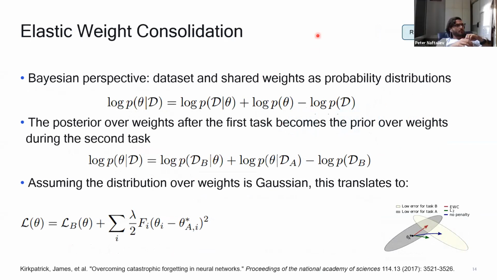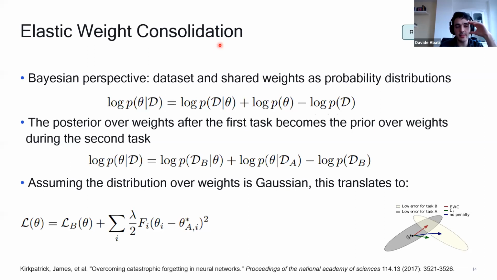All right, the third family is regularization approaches. And perhaps this paper here is, I would say, the most influential paper in the last few years about continual learning, at least in my opinion.